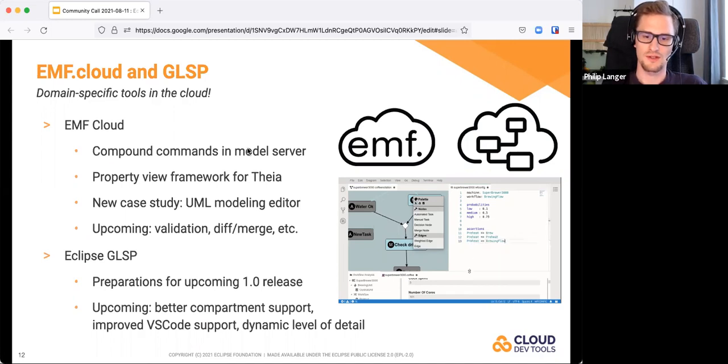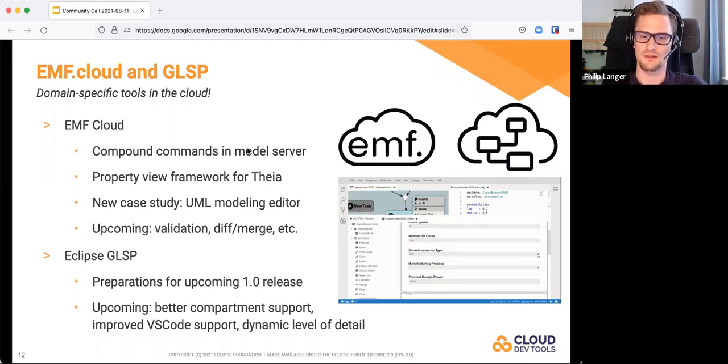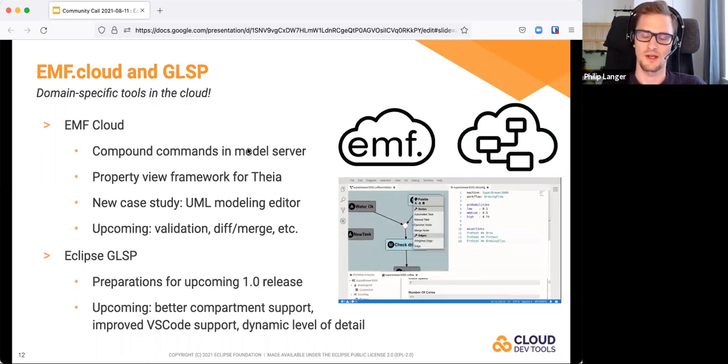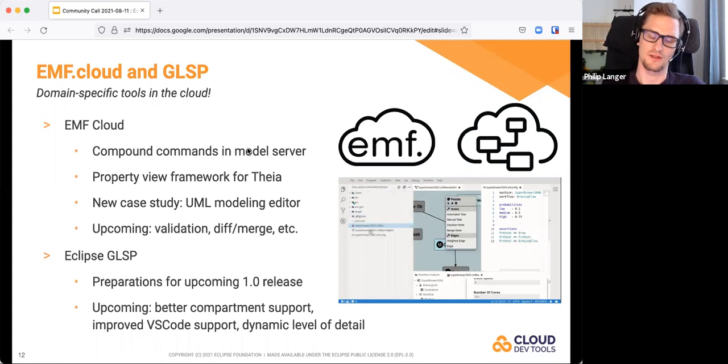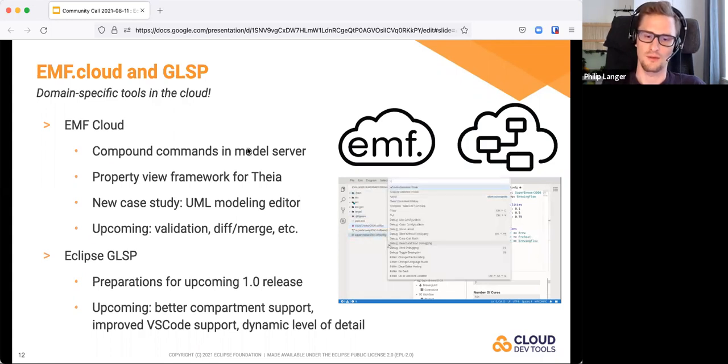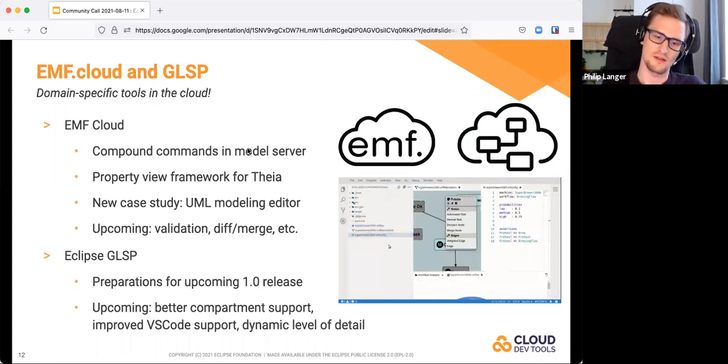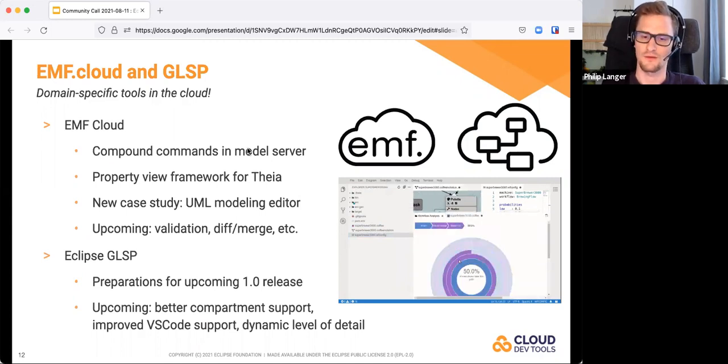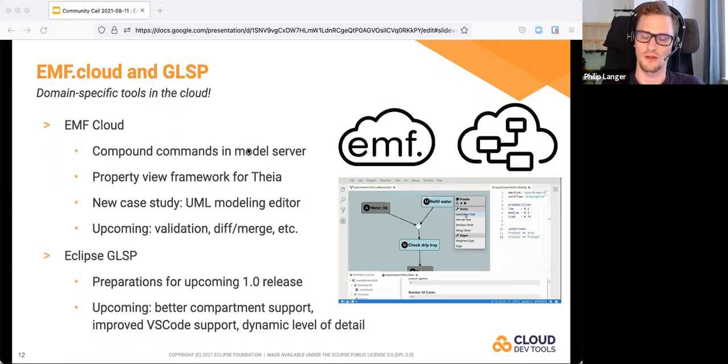Aside from that, we are planning on working on, and have already started working to some degree on, a few more features that have been identified in these case studies, which range from validation to diff merge support. So that you can centralize, for instance, ensuring the correctness of the model in one component and get that populated to all the different views, as well as have support for viewing changes that have been done in the model in the respective representation of the model, for instance, the diagram editor.